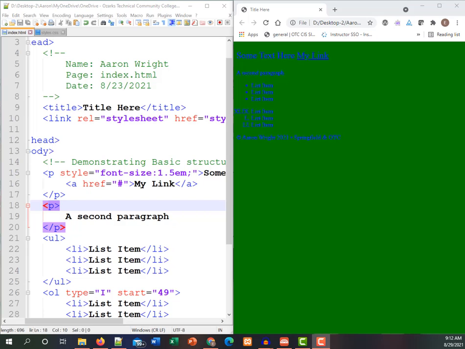Alright, now I want to take a look at selecting specific elements on the page and things that we can do to allow that to happen. So here we have this inline style that we had set for this font size, and we only want that font size for this one paragraph. But instead of having this style in here,